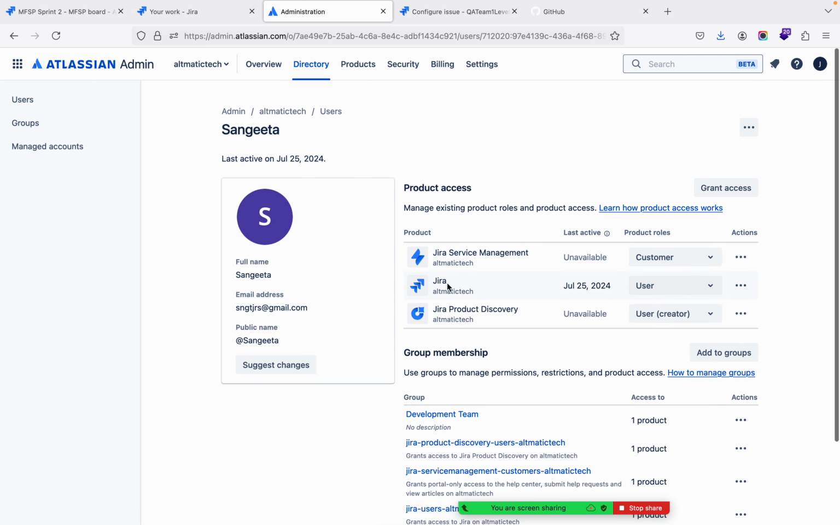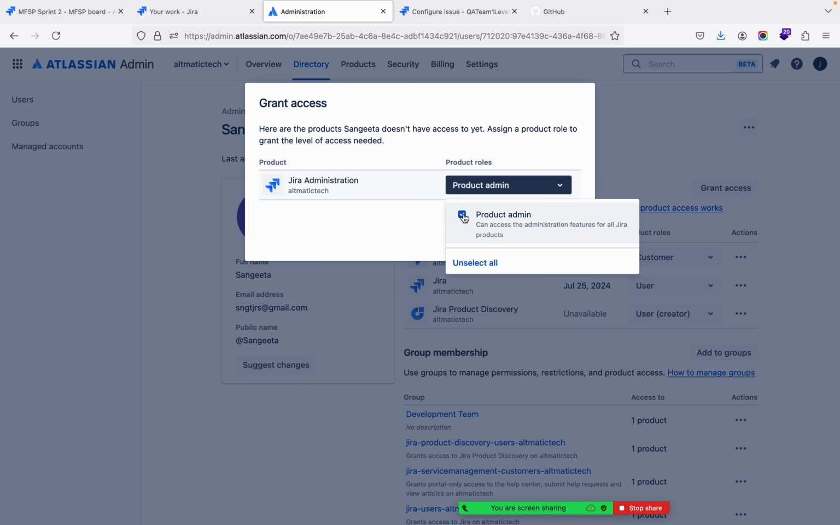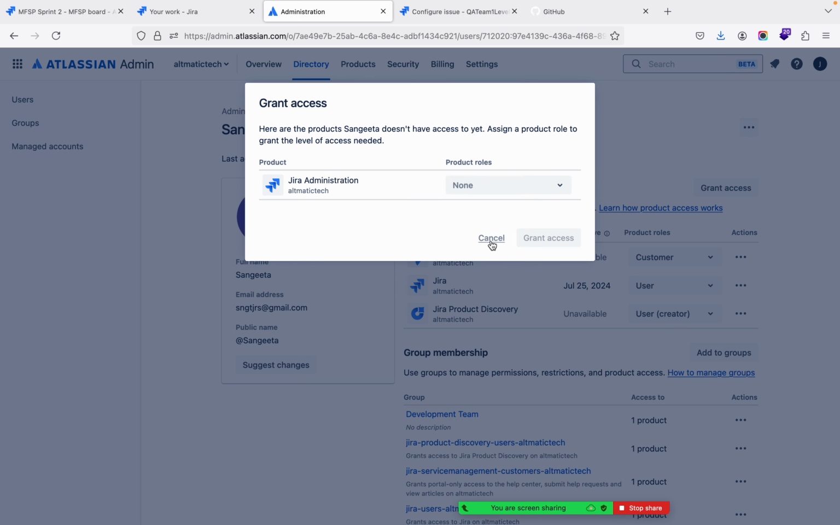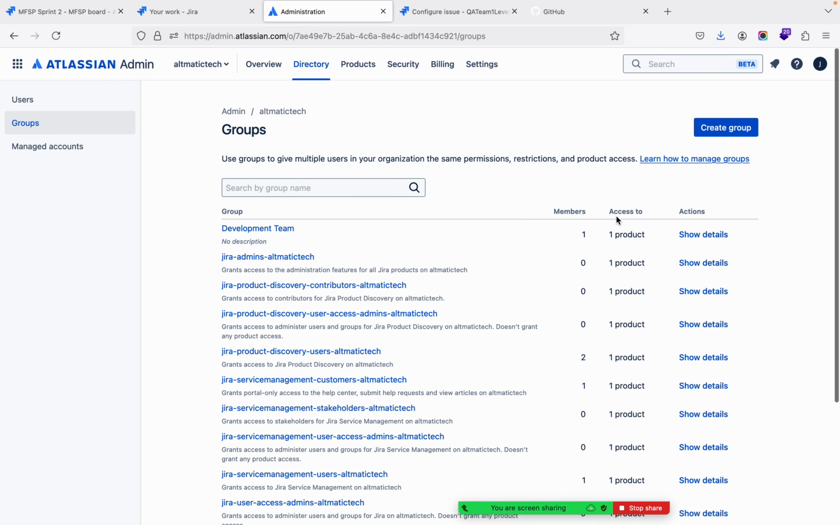And what are the permissions this user has, what are the products this user can access. Also it's visible here, you can change it. Do you want to make him the product admin? Yes, no, it's your choice. Here you can create the groups,